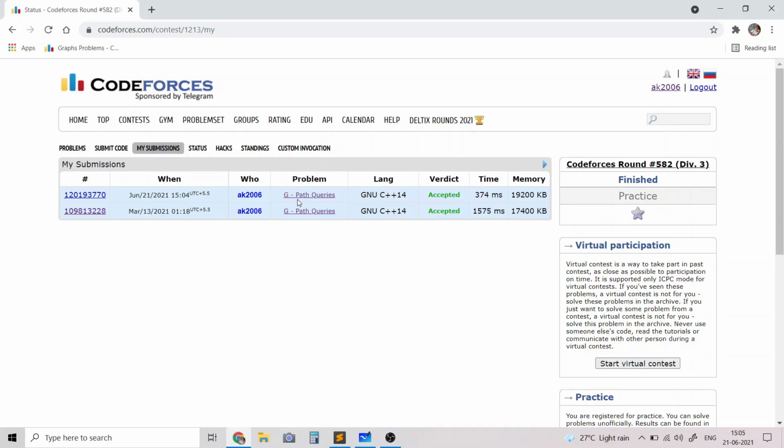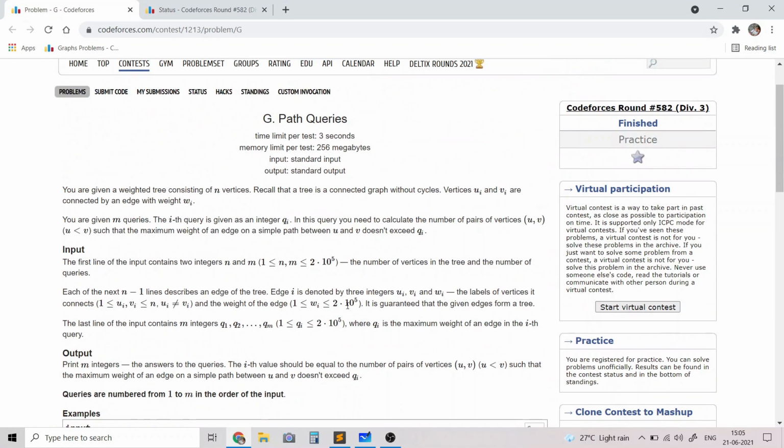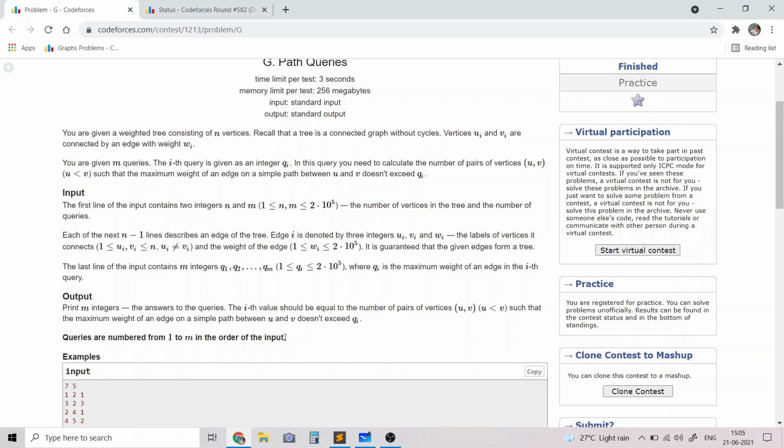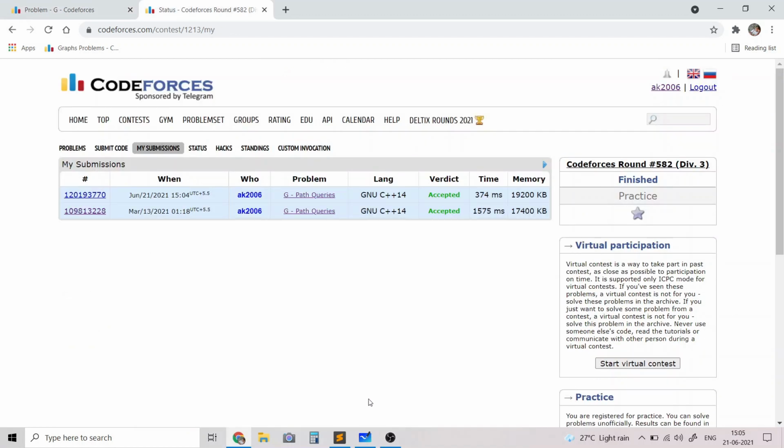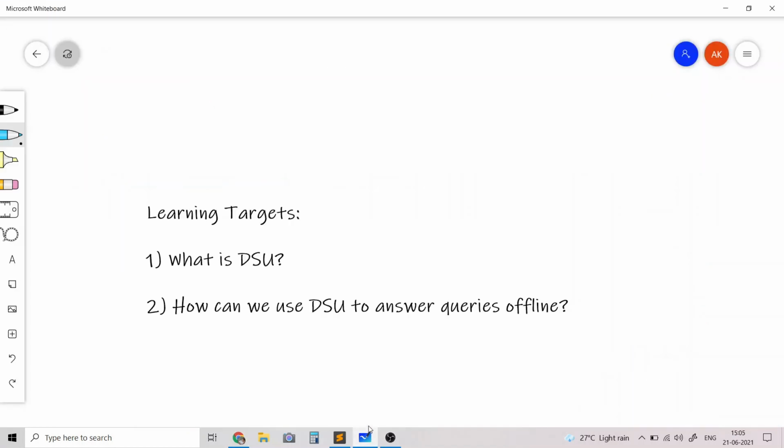If you want to know how to solve the same problem in an online mode, in which we have to answer the ith query before we answer the I plus one query, you'll actually need a more complicated data structure than the disjoint set union data structure. The name of that data structure is edge decomposition tree.